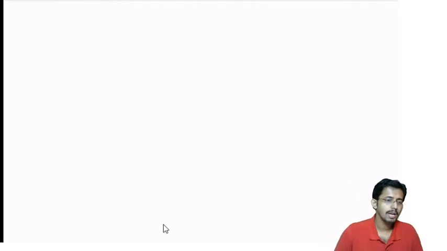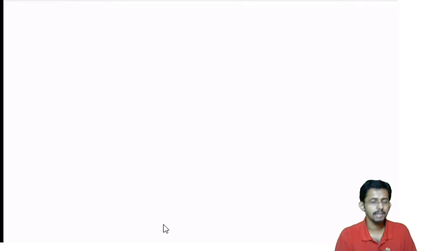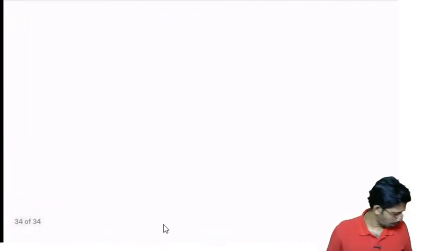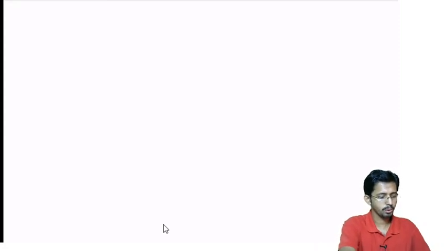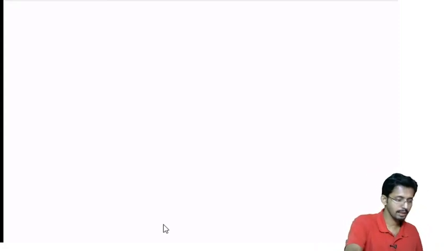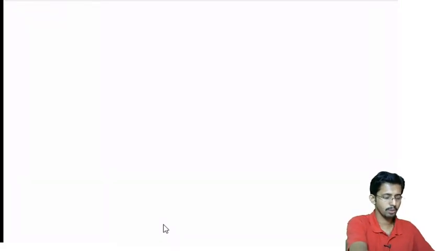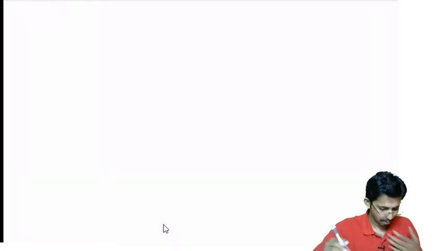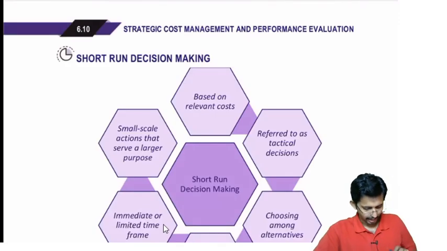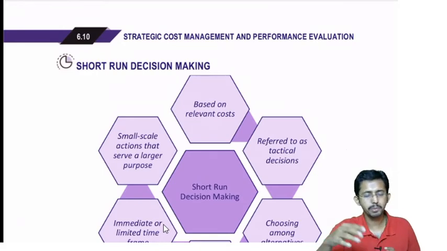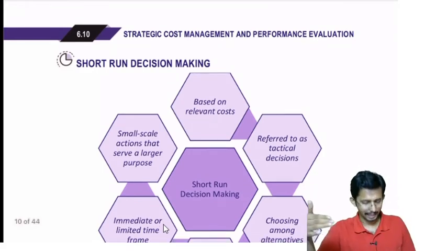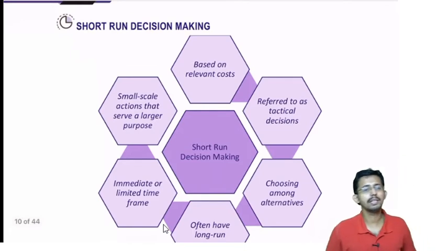An opportunity cost or opportunity gain will always be a relevant cost or relevant gain for any decision. Is it clear? Yes. Now, what you have to do is move to the textbook. You have to go to the questions, the topics which are included in your study material. In the study material, this chapter 6 has got two parts. One is the special cases, which we will discuss towards the end. The second part is all about short run decision making.